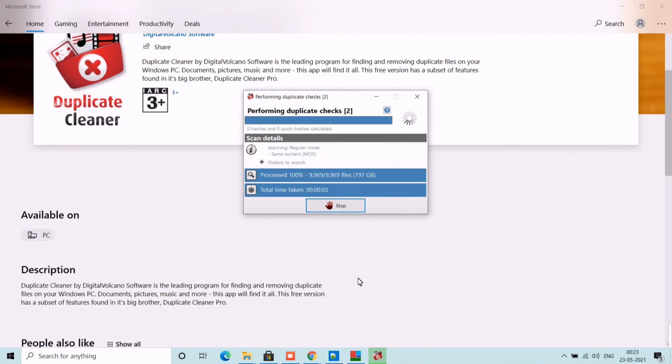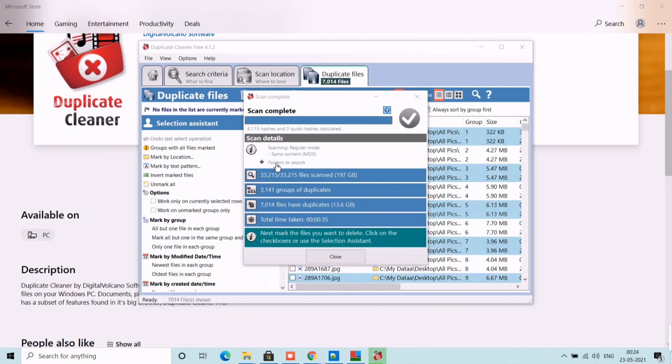After the search, we will see a number of groups listed. In each group, we can see one file's duplicates. How many are there? I am searching by MD5 files. It is the content option I selected. Now it is processing the data. Once the search is finished, I can close the pop-up window to see the results. Results are showing more than 3100 groups and 7000 duplicate files.